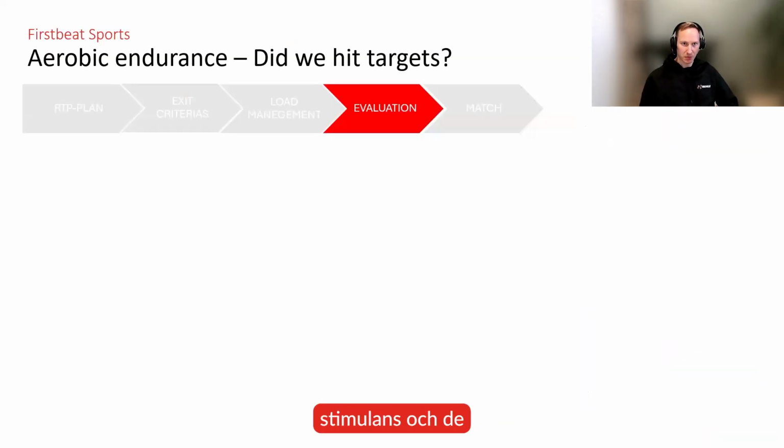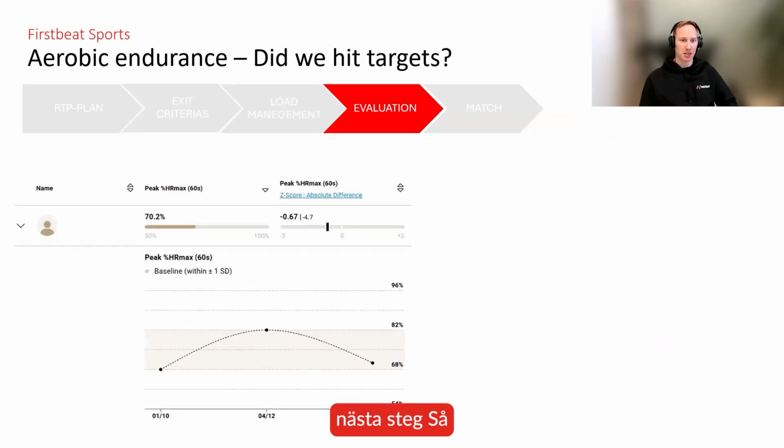What's the next step? So did we hit the targets with our conditioning, with our return to play plan? So first, we were looking at the aerobic endurance as one exit criteria. And here we have the submaximal fitness test results. So they did a test on the 1st of October, on the 4th of December,